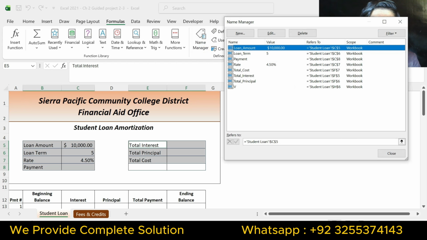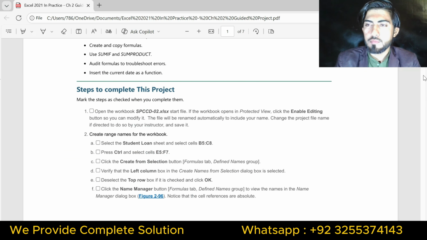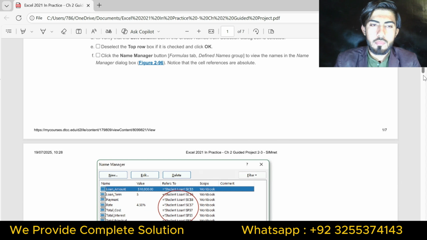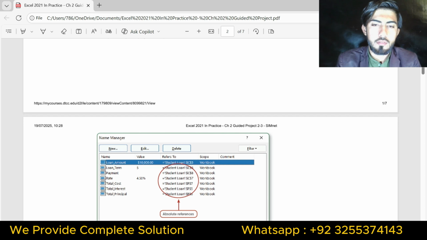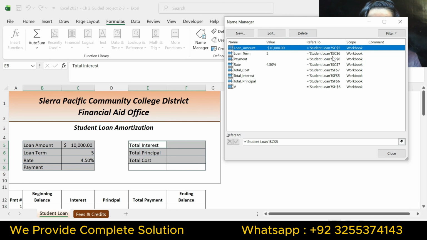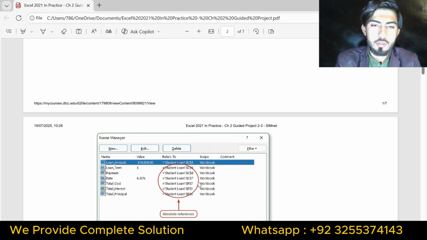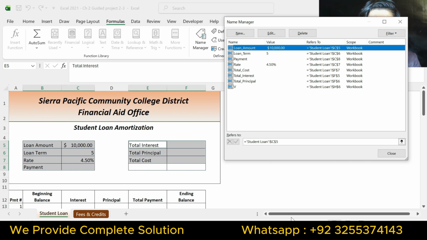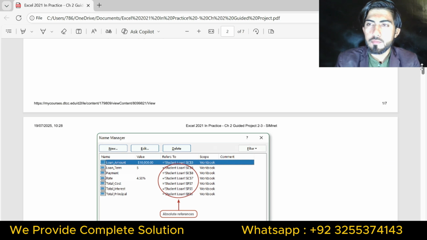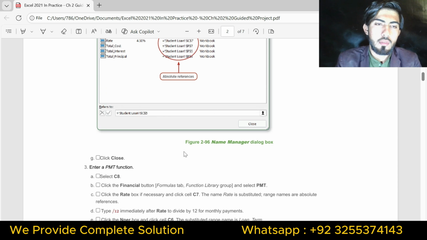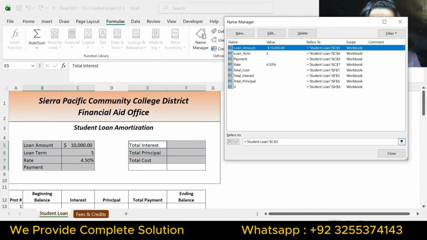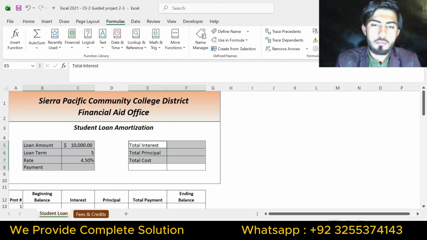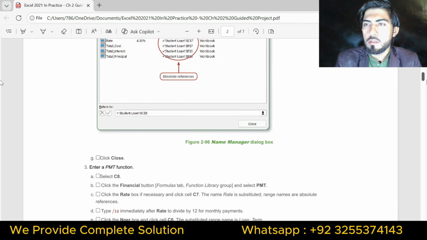Click on this and verify the names: student loan $C$5, student loan $C$6. I have already verified. Click close and click close. Question number 2 is complete.